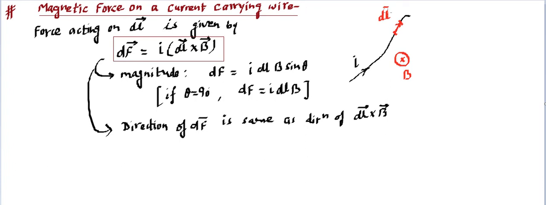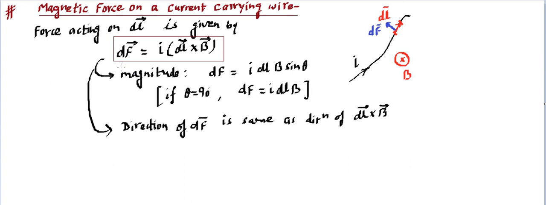Now if we do that cross product, then you see dl is in this, B is perpendicular, so force has to be in the plane and in this plane perpendicular to dl is going to be two directions, either in this upward direction or in this downward direction. Then we can use the right hand rule, placing our fingers in the direction of dl, curling naturally towards B. Then you'll find downward direction will not be the answer, upward direction will be the answer. So you'll find this small element is going to experience a force in this direction. So that's going to be the direction of dF.